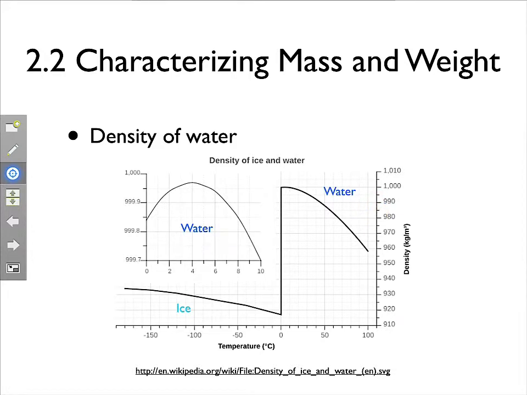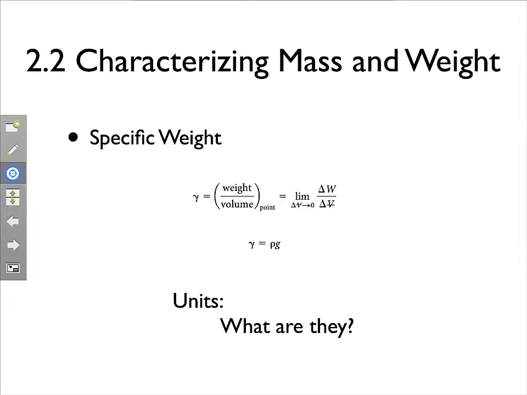Note also that water's kind of interesting, that right after the phase change, the density is actually the highest at 4 degrees C. This is a blow up of the curve right here, and you can see that the density actually peaks just after 0 and goes down. That allows some pretty interesting phenomena. Okay, so that's density. Specific weight is the weight